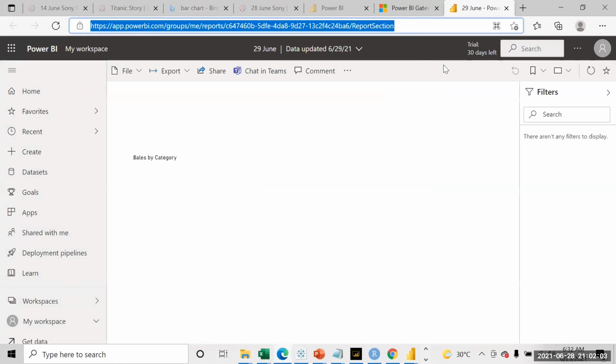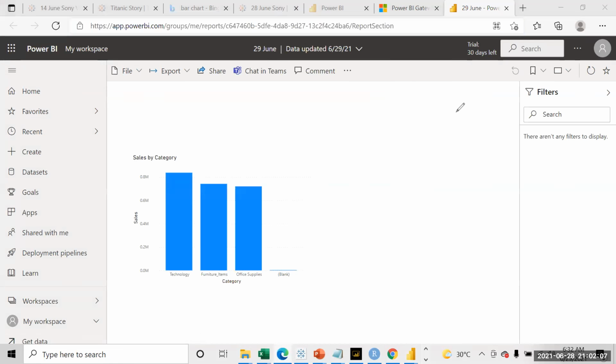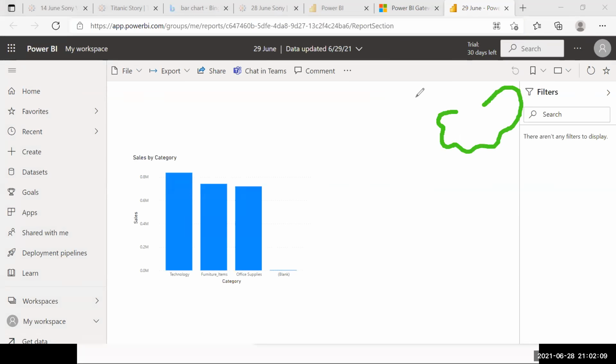So the report gets published on this. Now the gateway is required. The report is now over here on the cloud, and your SQL Server is on your laptop. What we want is that if you get new data over here, the report should get updated over here. This can only happen if your cloud can connect with your laptop.